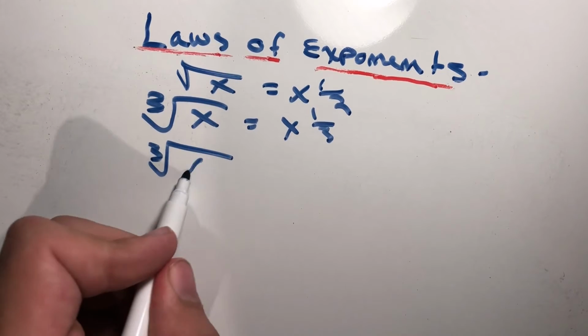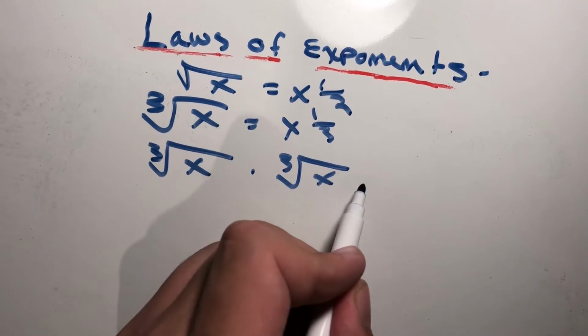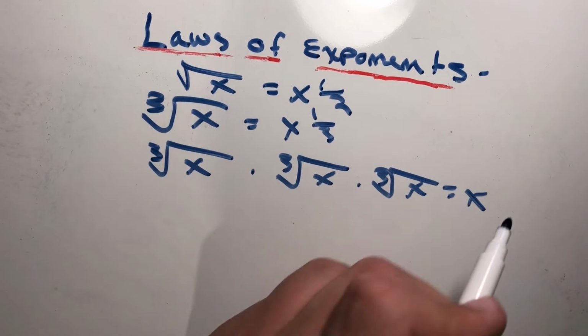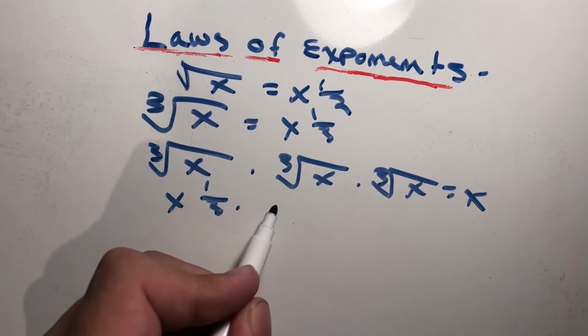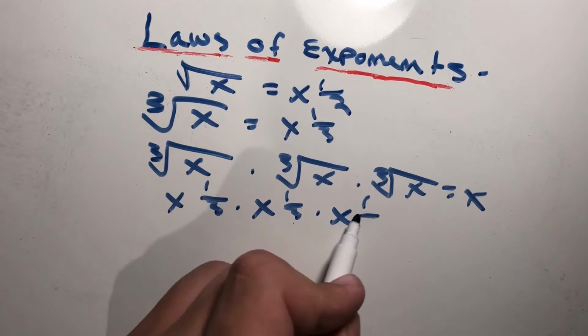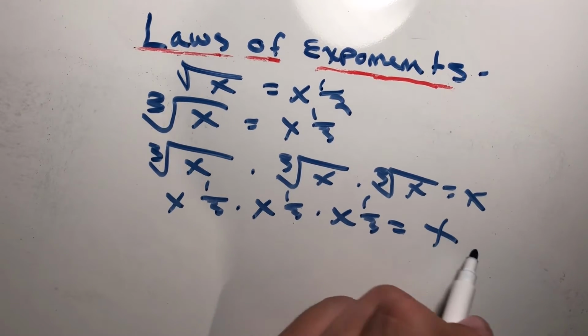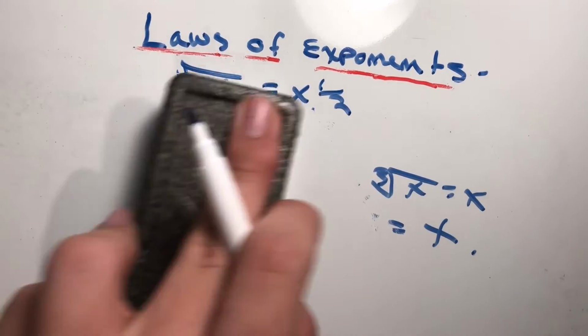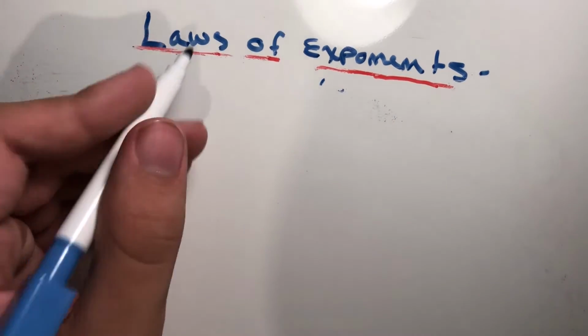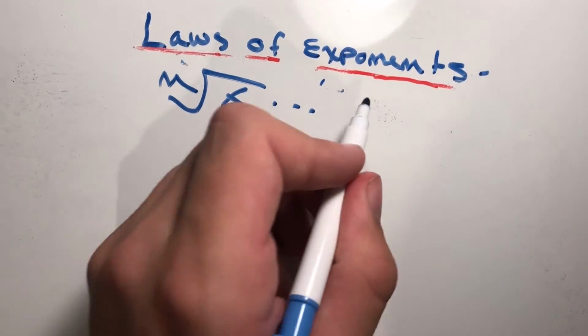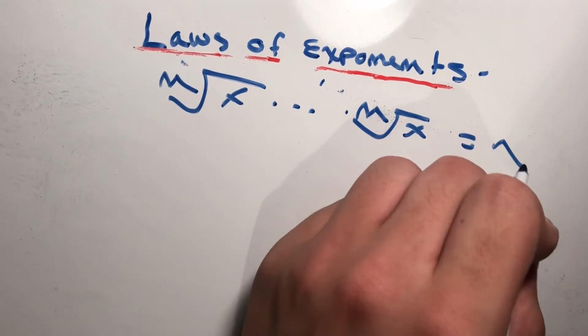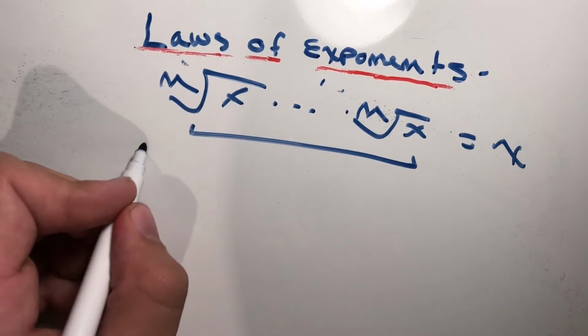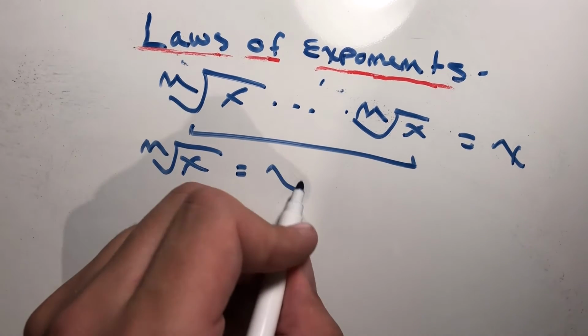If I multiply the third root of x by itself 3 times, I'll get x. And similarly, if I multiply x to the 1/3 by itself 3 times, I'll get x. So these both satisfy the same property, much like our example with the square root of 2. And essentially, we could talk about this for the nth root of x: if I have some number and I'm multiplying it out by itself n times, I'm getting x. So we can say the nth root of x is equal to x to the u,